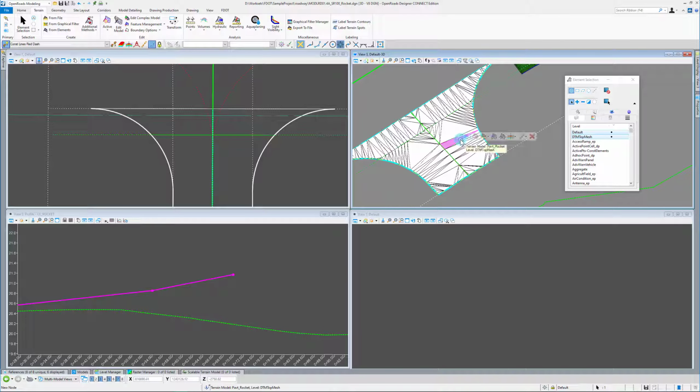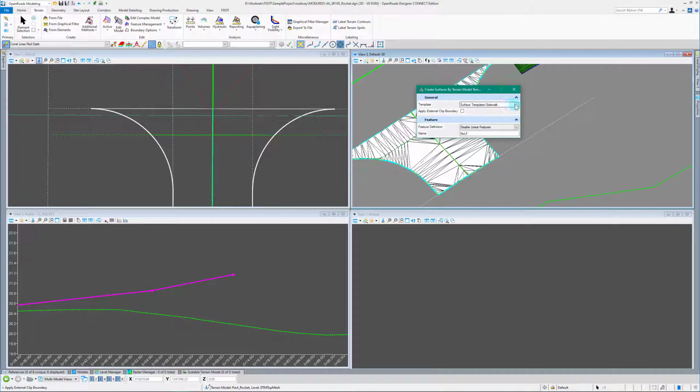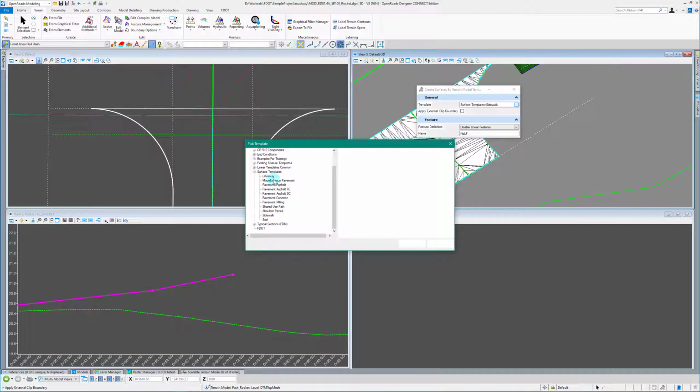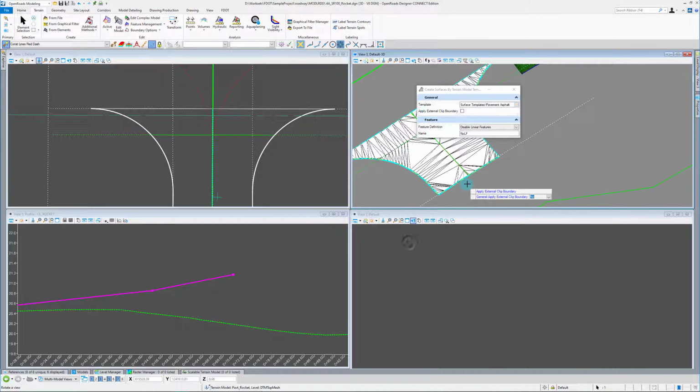So we're going to click on our terrain and we're going to apply a surface template. And the DOT has set up standard surface templates. So this pavement asphalt here, I've gone into my template library and adjusted the depth of the asphalt and the depth of the base to match that in my pavement design, so that when I place that, it's going to match the pavement design that's in my templates and everything else. So we're going to hit OK, and we're just going to click through,